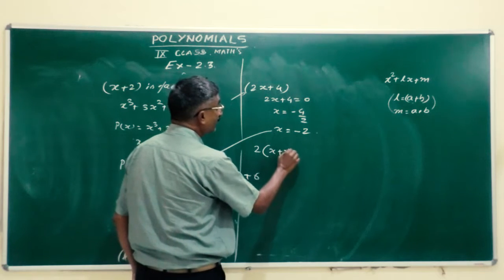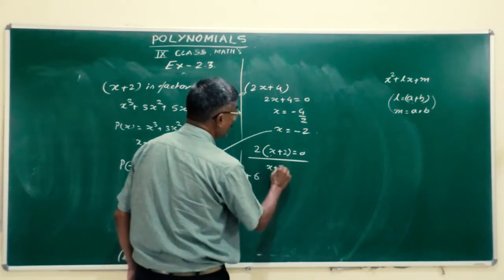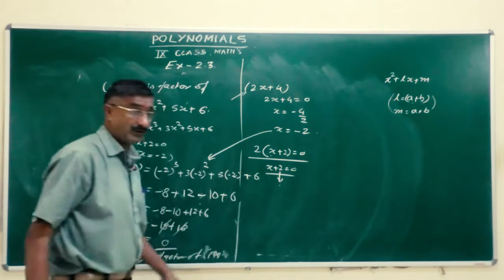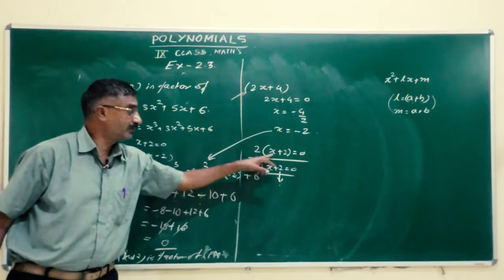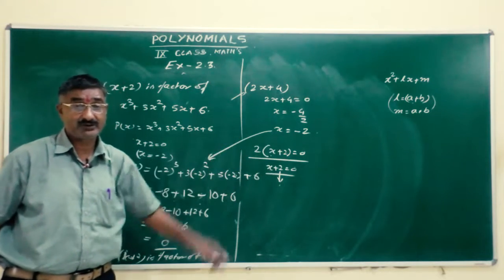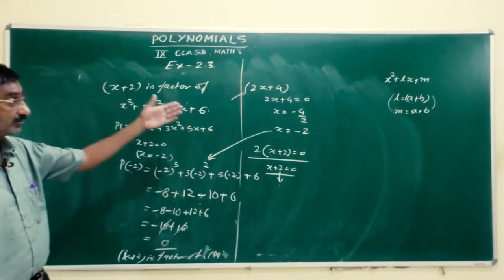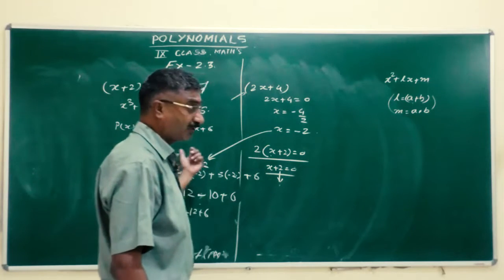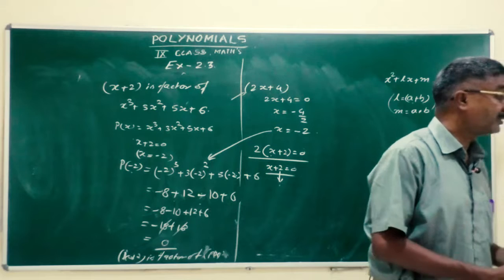Indirectly we can say 2 is common, so this is 2 times (x plus 2) equal to 0. So x plus 2 is here, and x plus 2 is equal to 0, so again the things are the same. So this is a factor. Clear? 2 is common, and 2 is never equal to 0, so of course x plus 2 will be equal to 0. So both are factors. You can solve in both manners; you can substitute the value and then you will get it. Clear? So now the next one.